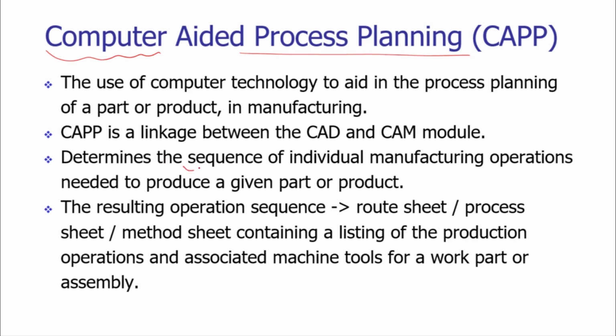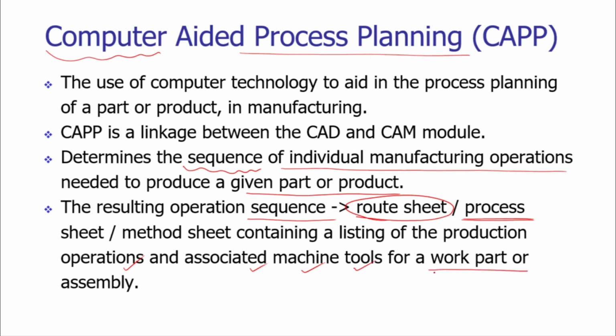The process plans determine the sequence of individual manufacturing operations which are needed to produce a part of the product, and the resulting operation sequence generates the route sheets or process planning sheets. These have information about what kind of production operations need to be carried out, and what associated machine tools are to be utilized to convert the raw material into the semi-finished or finished product for that particular work part or